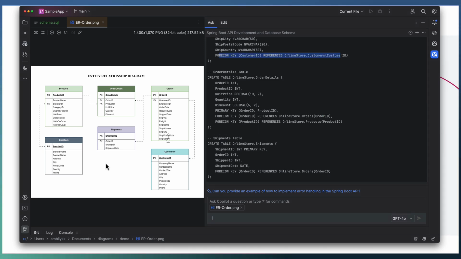GitHub Copilot took this entity diagram and converted it into a proper schema creation script. Now, if we do it manually, we may miss some of the foreign key relations, maybe a primary key relation, or typing all these field names may take its own time. If you have a custom instruction, Copilot takes that into consideration as well for generating the entire table schema.